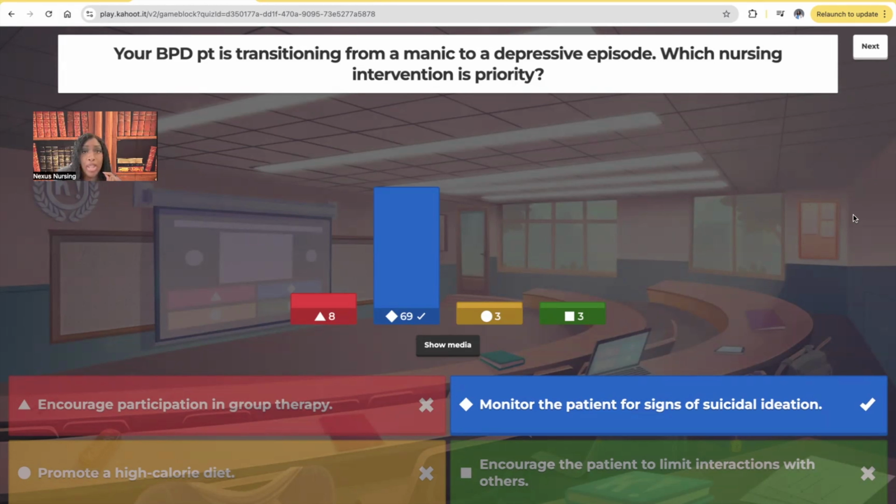And here's what's so crazy. When it comes to suicide and when it comes to abuse, you do not beat around the bush. You ask that patient directly, are you having thoughts of harming yourself? Ask them directly, because many patients who are suicidal actually want help, but no one's ever asked them directly. So you ask them directly.